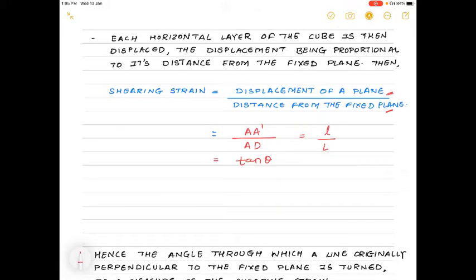Now when theta is very small, the angle of displacement is very small, so we can write tan theta is equal to theta. Therefore the shearing strain will become